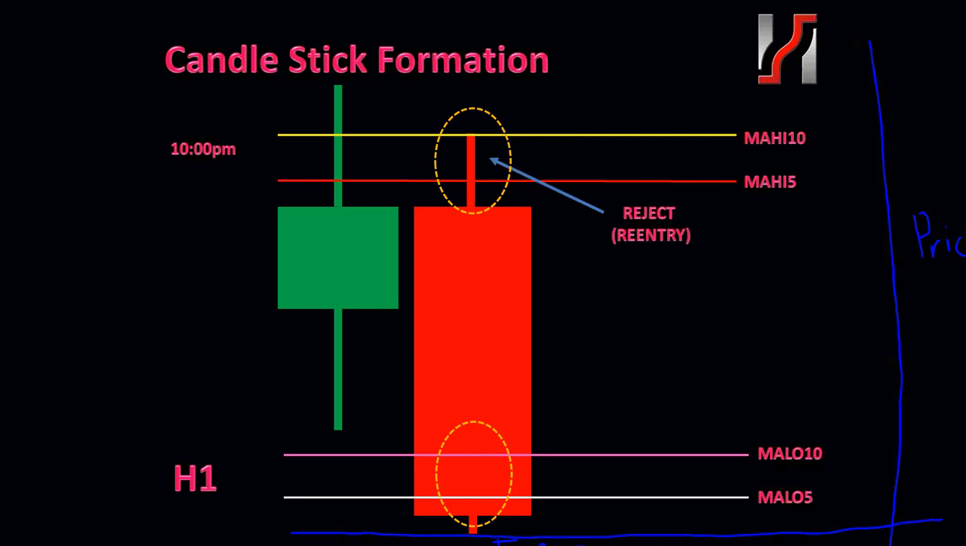Okay, so I just noticed that there's a discrepancy here. It's my mistake that the pink color one is smaller 5 and the white color one is smaller 10. Forgive me for that. Okay, so basically this is a rejection, and when the price rejects a sell indicator, this